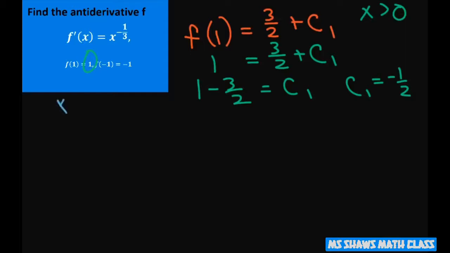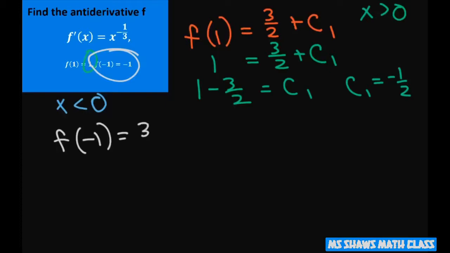Now let's do the one where x is negative. And that means we're taking this one. So we're going to do f of negative 1. So that's going to be 3/2 times negative 1 to the 2/3 plus c2. Well, this is going to give you f of negative 1 equals negative 1. So negative 1 equals,